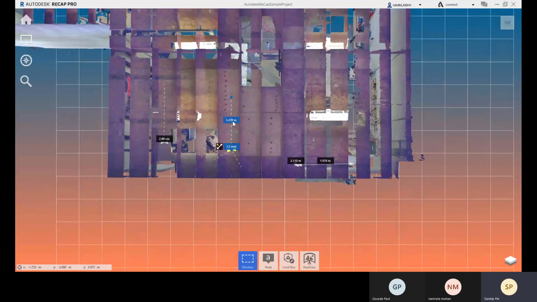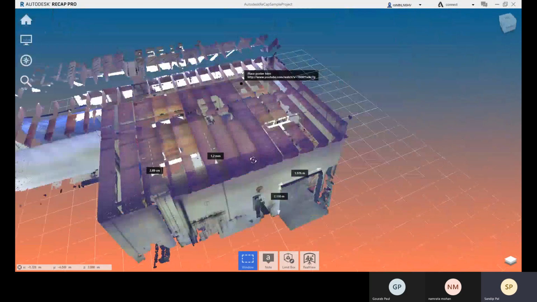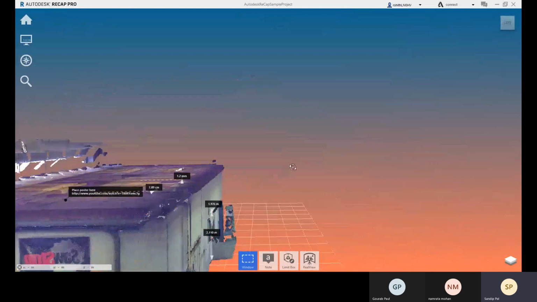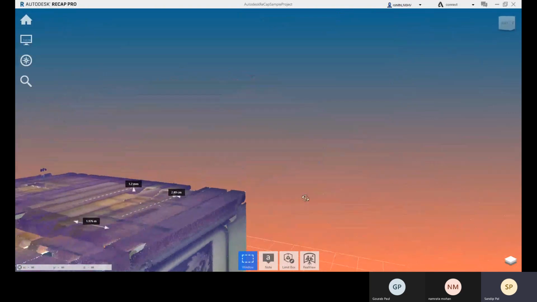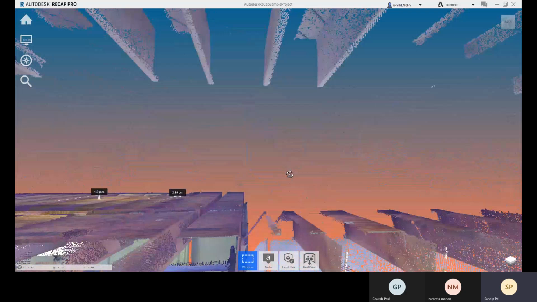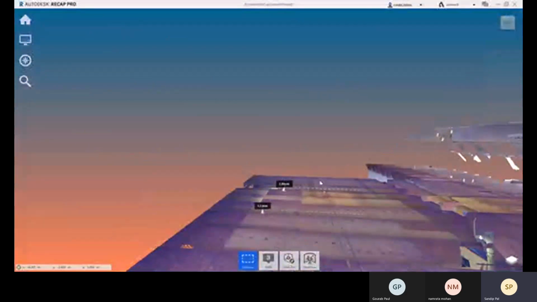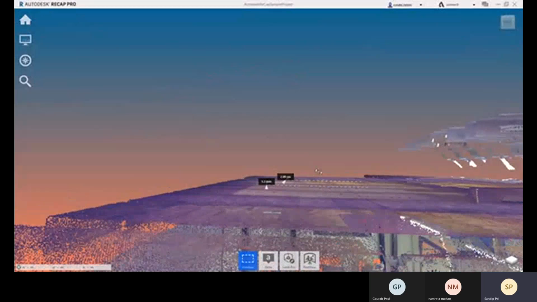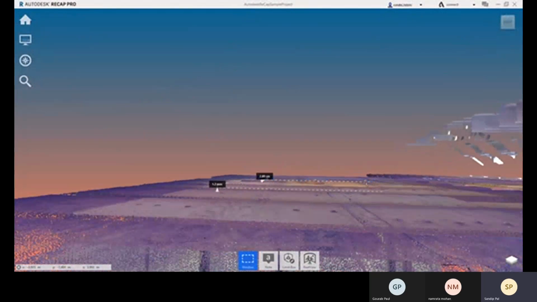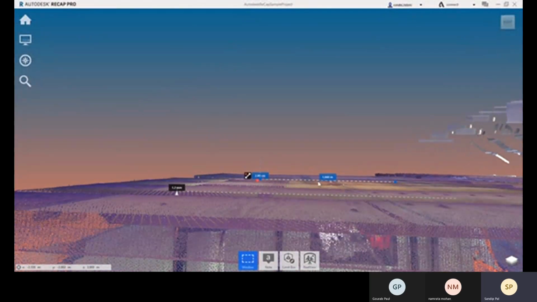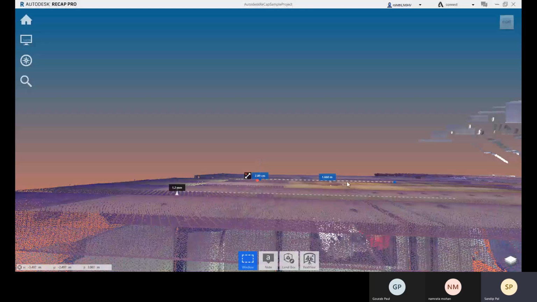So these two are placed, one with surface and one normally. So let me just place here, and there you can see, right? So one is placed exactly on the surface, and one is based on that point you have defined.